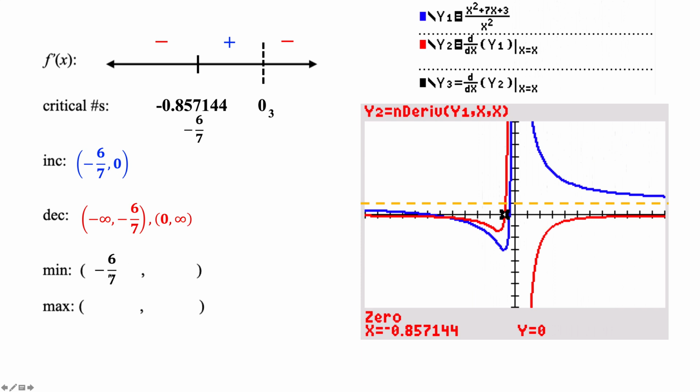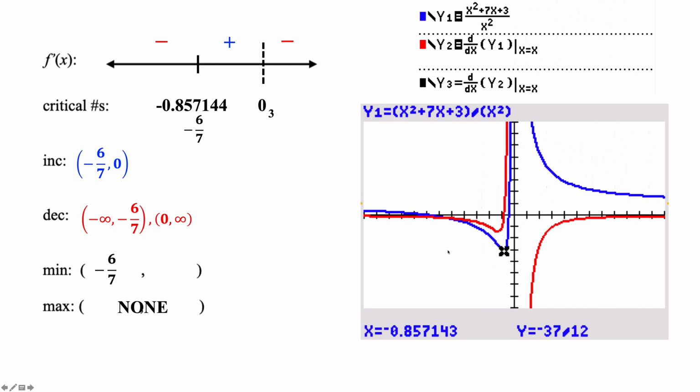My min value, we said, was already at -6/7. I have to plug that into the blue curve to go find that value. There was no maxes here because you can't go from increasing to decreasing and say you have a max over the vertical asymptote. So we only have the min. So going to our y1 to plug it in, so I typed in -6 divided by 7 for x, and it returned a fractional answer for me, because in my mode window, my answers are in automatic,